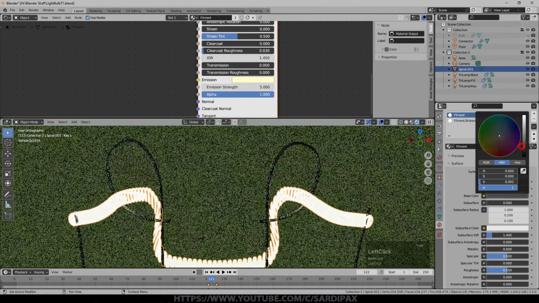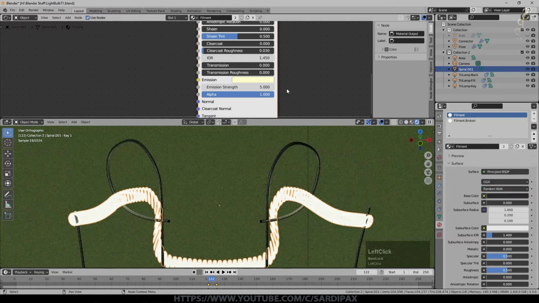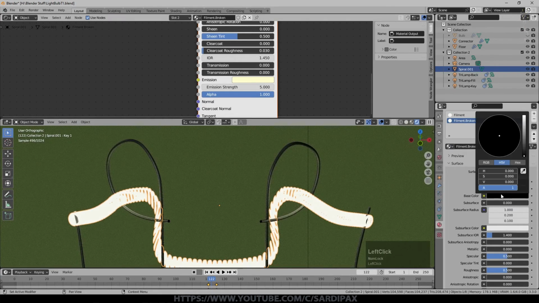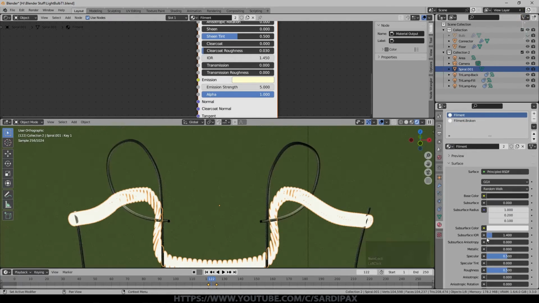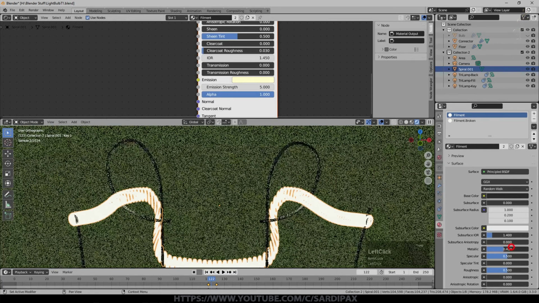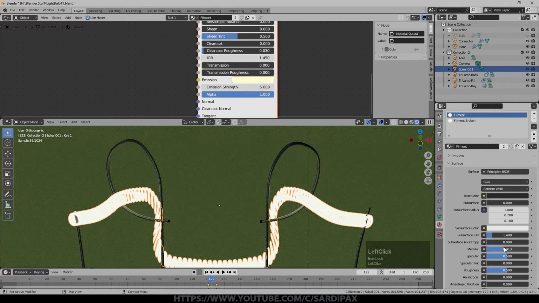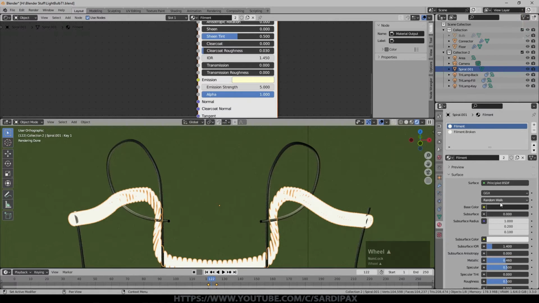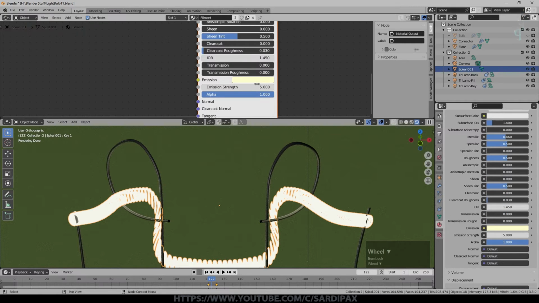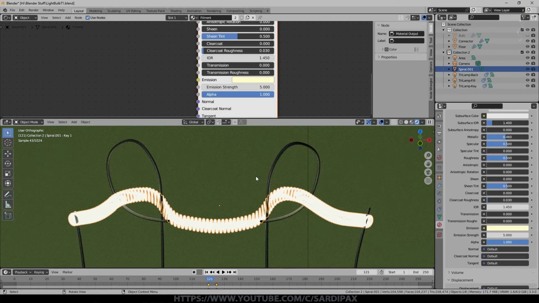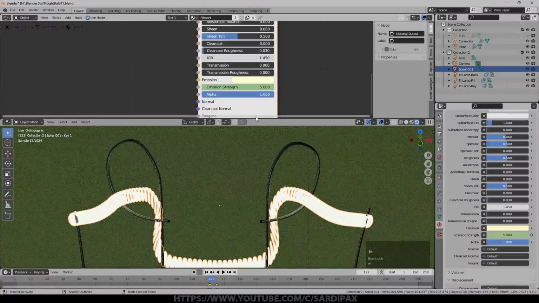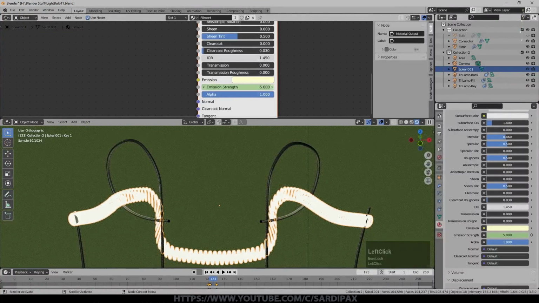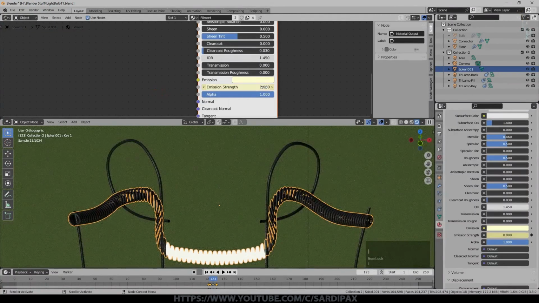I'm actually going to change the base color now because it doesn't really matter. And I need to do that for both of them. I've already got that one as black. I haven't turned it completely off, and we'll add a bit of metallic to it, I think, as well, so it might have a bit of reflection. So that's the main filament, and what we want to do now is come down to emission, or here it is up here. Emission strength is 5. I want this to be quite fast, so we'll go back to frame 121. We'll keyframe that, and then we'll come forward to maybe 123. Turn the emission strength down to 0 and keyframe that.